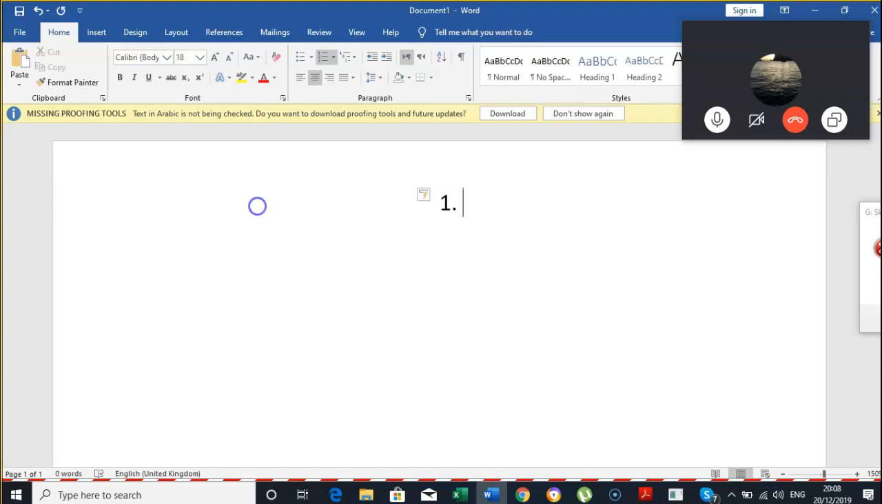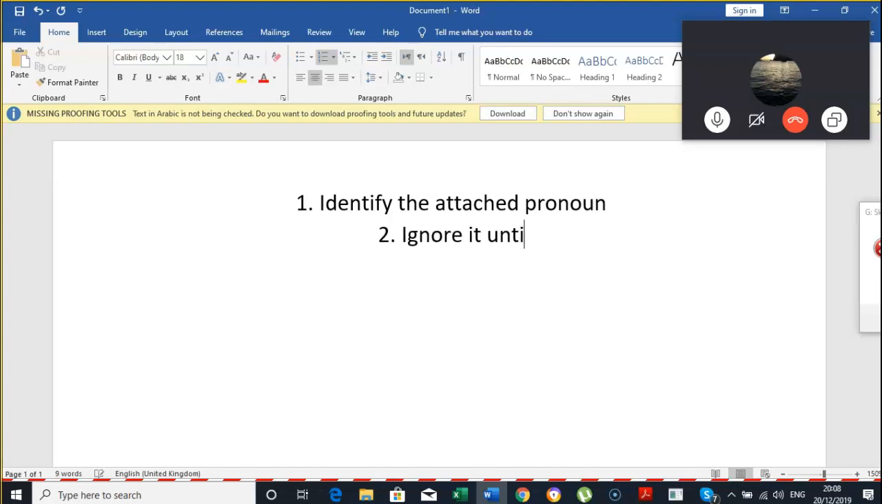Okay, so first things first, identify the attached pronoun. Now obviously they don't always have attached pronouns, you can just have nasara. You don't have to have nasaraka, nasarakum, etc. So identify attached pronoun if there is one. Where will you see the attached pronoun? Okay. At the end of words. Obviously it's always going to be attached at the end of a word. Okay, then number 2, what do you do? Okay, so ignore it totally until right at the end. So we just leave it aside. So if you have the word